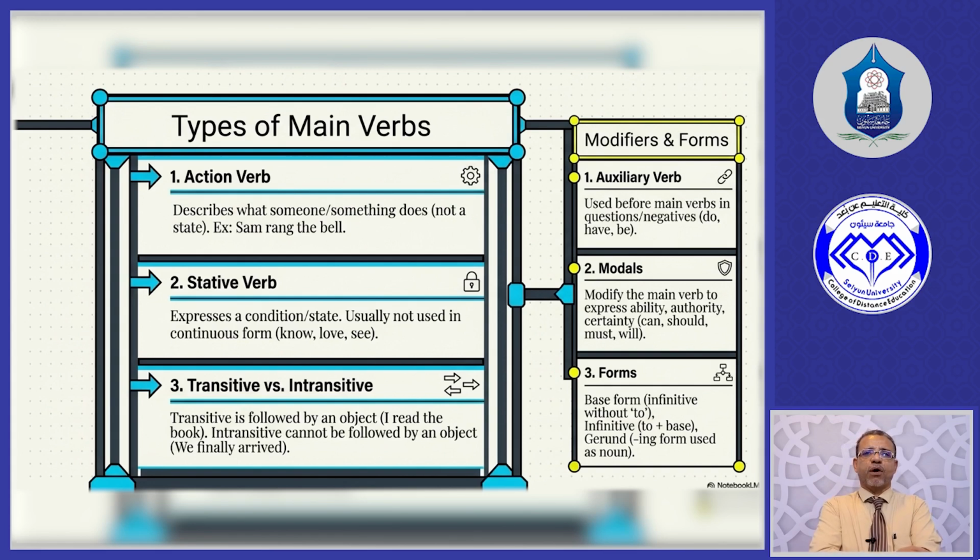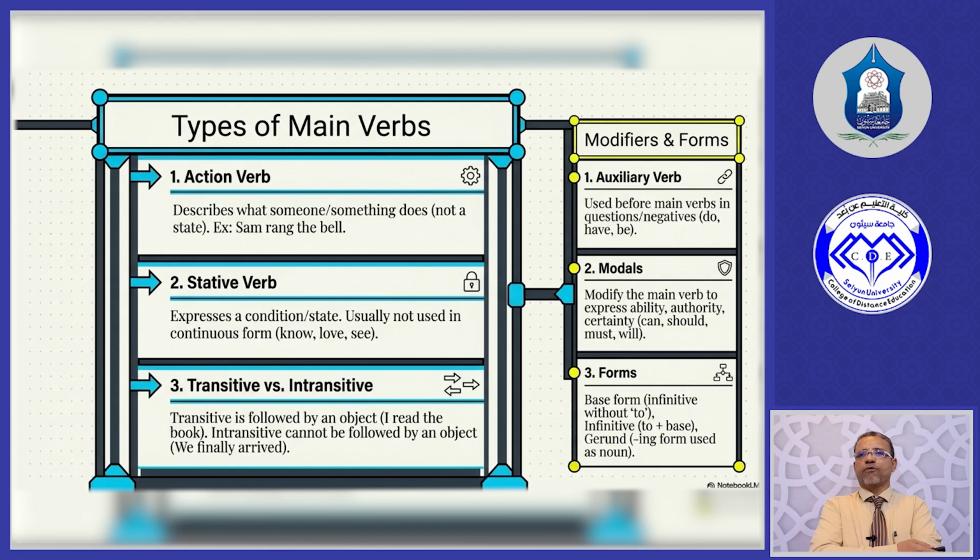Transitive is followed by an object. I read the book. Intransitive cannot be followed by another object. We finally arrived. We arrived there, and so on. So I don't have to follow it by anything. This is intransitive. Here we'll talk about modifiers, forms, and auxiliary verbs used before main verbs in questions and negatives, like do,